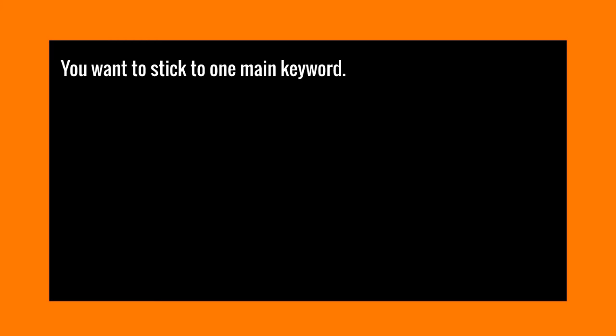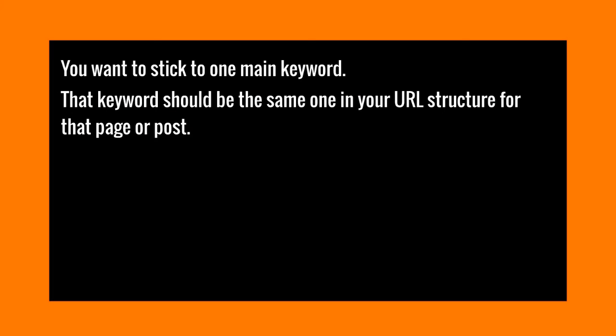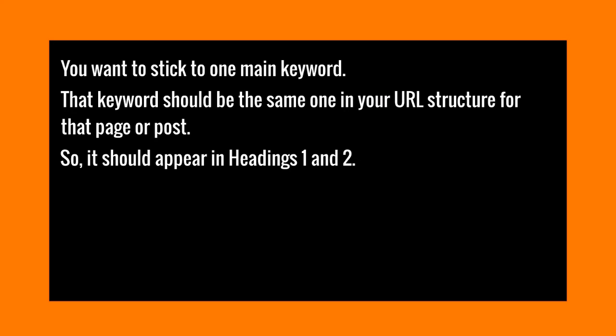You definitely want to stick to one main keyword. And you want to have that main keyword definitely in the title of your page and throughout your page. So that keyword should be the same one in the URL structure for that post or your page. Now I'm going to show you in a minute. If we hop on over to WordPress, you can name it the title, and if everything is set up correctly, the permalink or the URL structure should have that keyword, and that keyword should be spread about. Now, you definitely don't want to make it appear too many times, otherwise that will be seen as keyword stuffing.